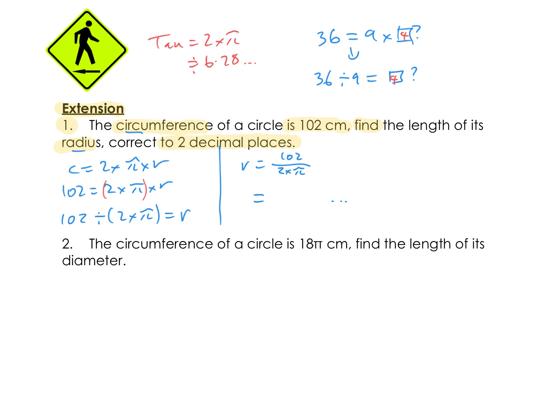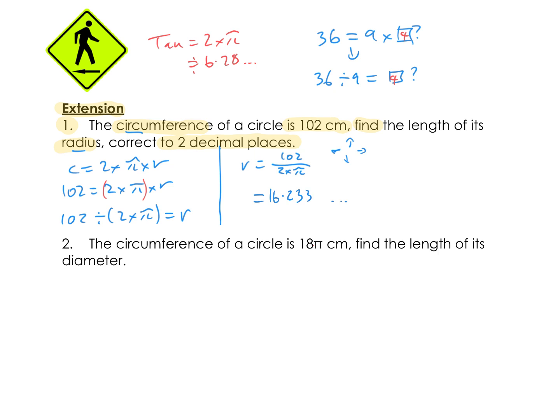Alrighty. Now your calculator is very fancy. It does some nice fraction stuff, and you can use the arrow keys to move around to make sure you're writing the right numbers in the right spots. My calculator is not that fancy, but it still works. Okay. I made my calculator say exactly that, 102 over 2 times pi, and my calculator says